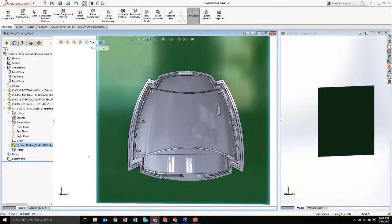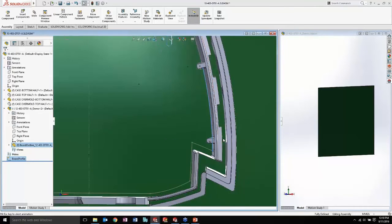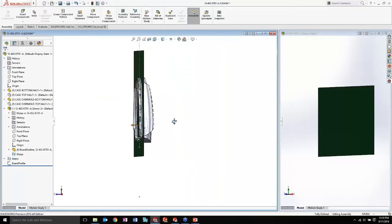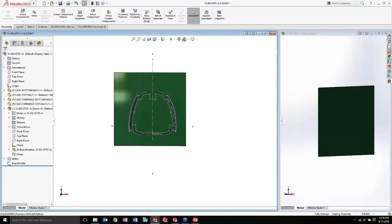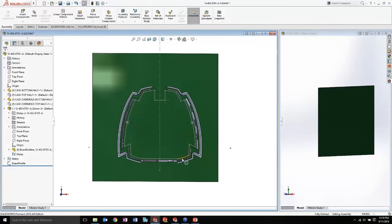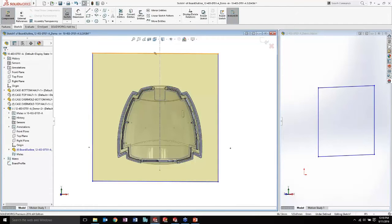Maybe we'll do some mates here to align that correctly. This PCB, of course, is too big. We are not going to be able to use this to fit this in. So what do we do? Now, traditionally, you would make something and send it out as DXF, and so on and so forth, and continue doing that. What we're going to do today is just edit the sketch